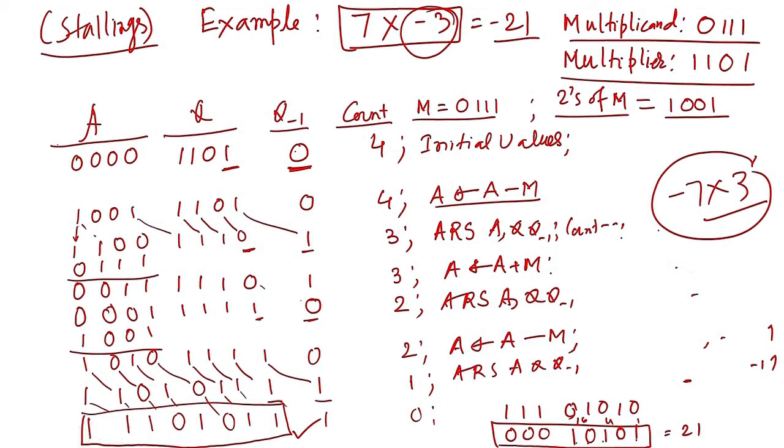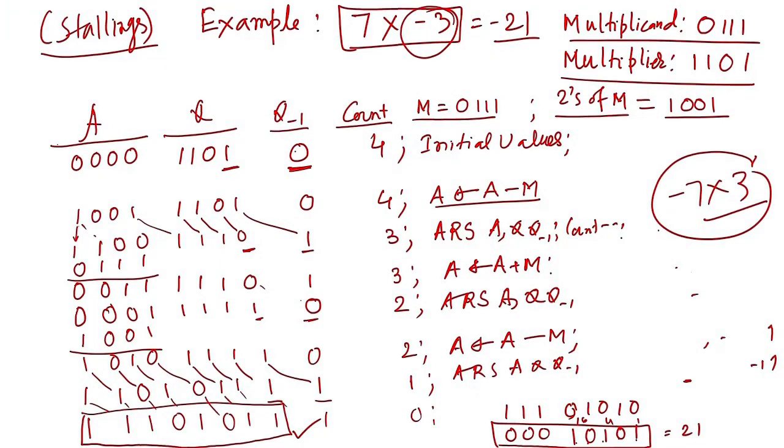Now, in a different way, we can quickly perform the multiplication using Booth's algorithm on pen and paper, using pen and pencil only. We will follow the algorithm, but we will not do all the steps that we did here. I will give you 2 examples, one is minus 7 into 3. The result will be the same thing here.